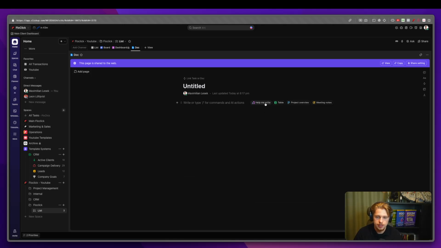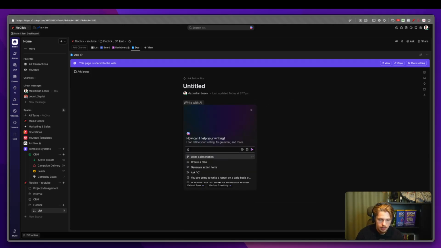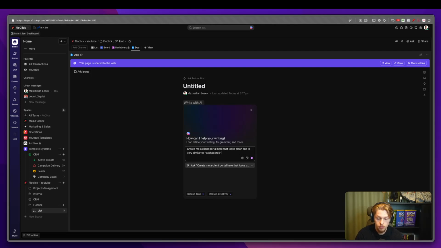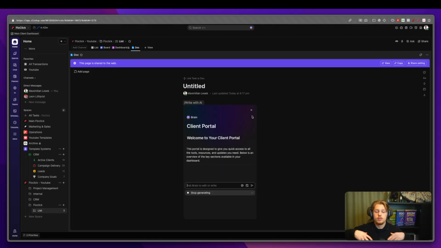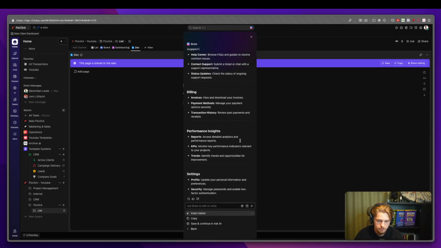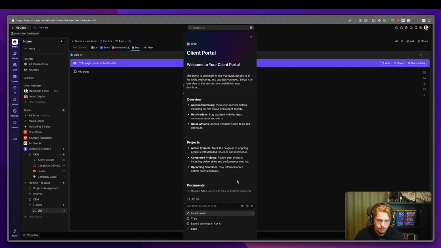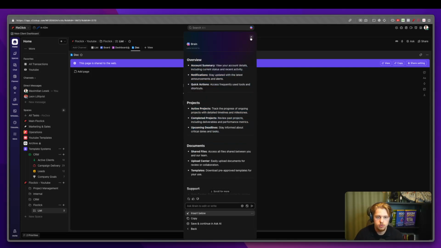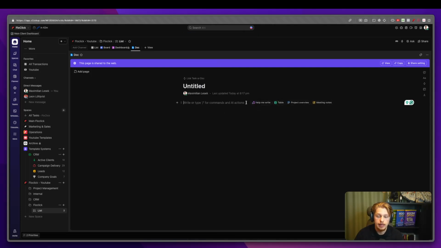So in short, you can see, help me write. Create me a client dashboard, a client portal here that looks clean and is very similar to a dashboard. Hoping this works. I can create the whole thing with AI. Hopefully they can. Yeah, okay. So you can kind of see what we can do: active milestones, file sharing. In this case,